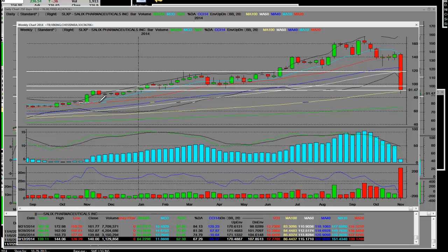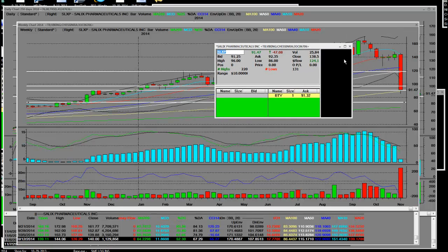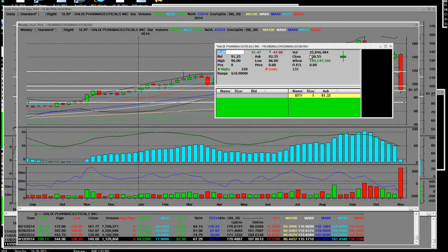We do know one thing, that this line down here is about $74. So any move up to resistance, we're going to get what? Net short. Here we can clearly see, I just wanted to show people the volume on Friday. 25 million shares. That is an extreme. Friday morning on 11/7, when everyone was rising and waking up, the stock had closed on Thursday at